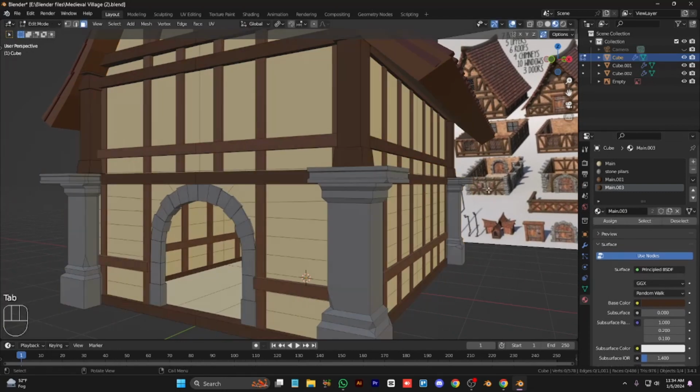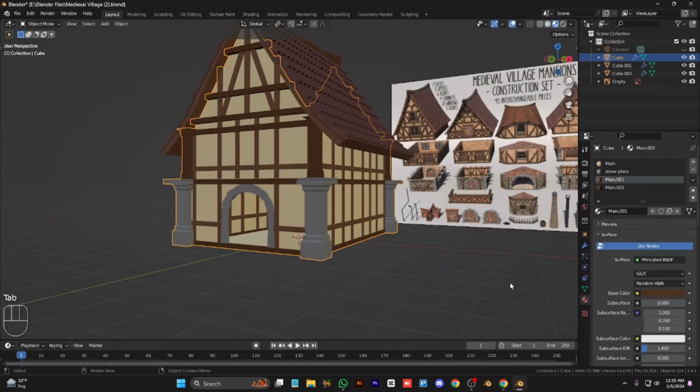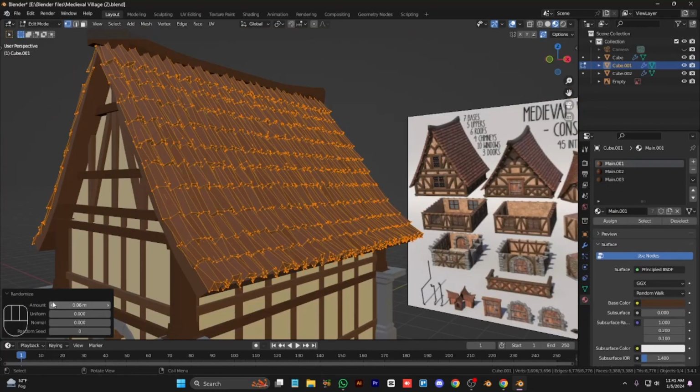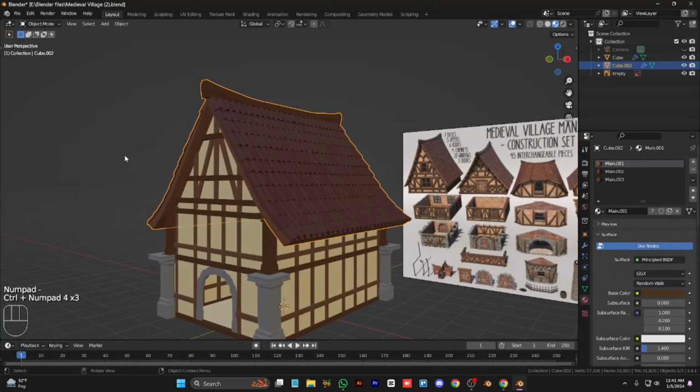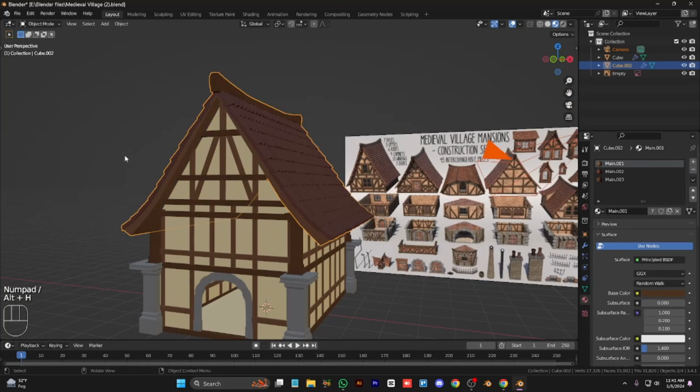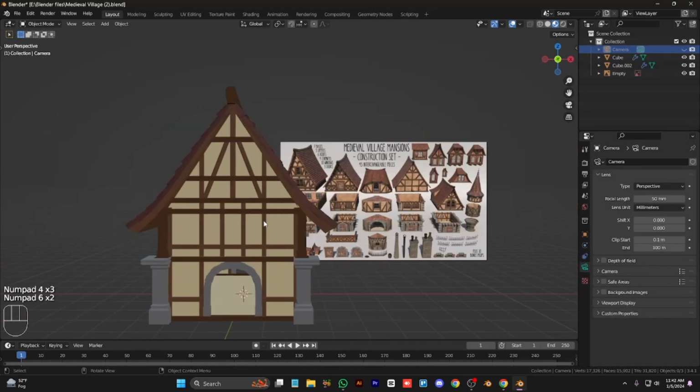I will move it down and color them brown. This looks light brown. Okay, I will randomize these to make it more natural look and make it one roof